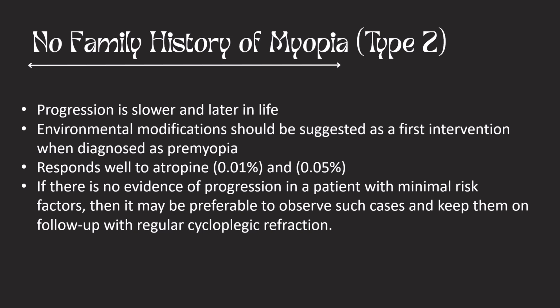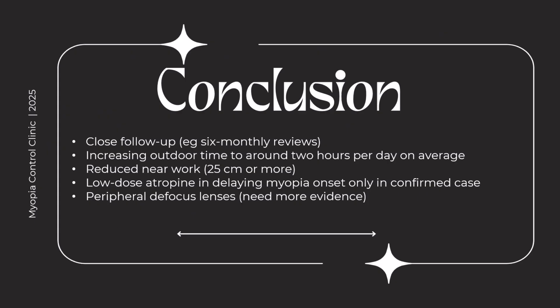We know that atropine is dose dependent, so 0.05% definitely works better than 0.01%, but 0.01% also works. And if there is no evidence of progression in a patient with minimal risk factors, then it may be preferable to observe such cases. You should keep on doing regular cycloplegic refractions before you start them on atropine. So I think what these pre-myopes truly need is a very close follow-up for at least 6 months,